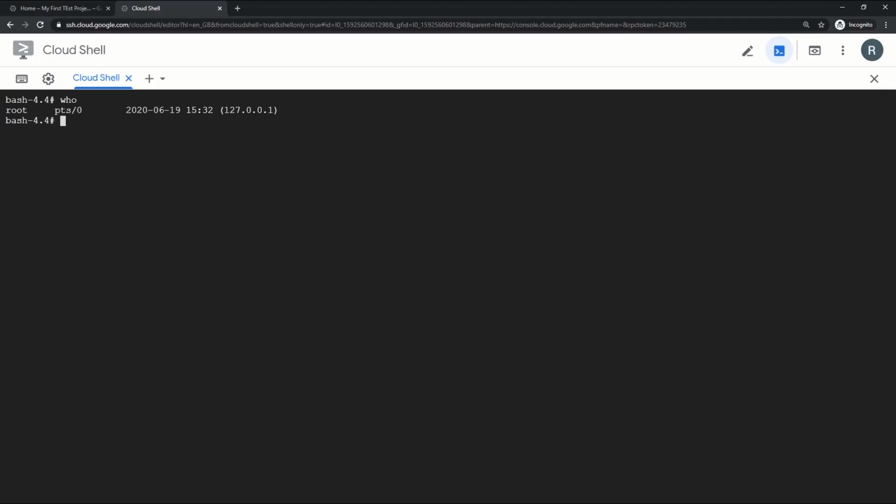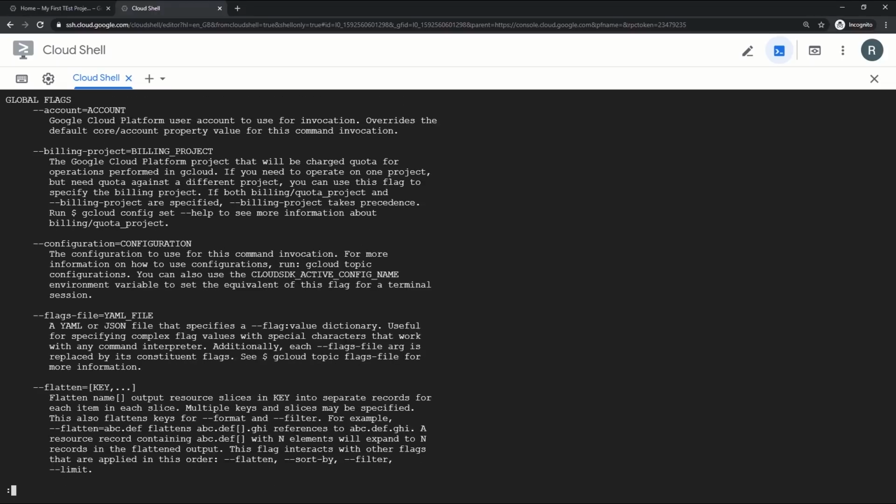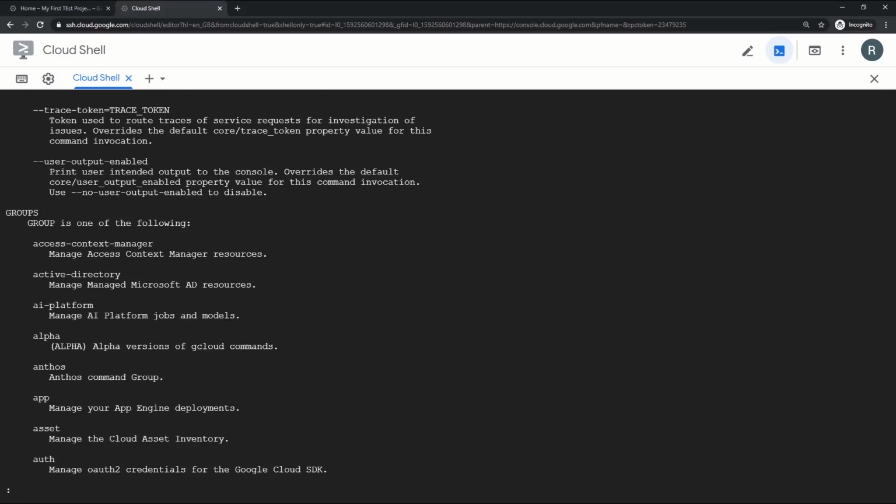Friends, gcloud is a very powerful thing and complete Linux scripting and Linux commands are applicable here. Along with that, it's built in with the gcloud function, which is the way to manage your Google Cloud account. So in Cloud Shell, gcloud is already there. You can run this command to explore all Google Cloud parameters, functions and options available. You can use them and explore them for your command line management. The list is very long and I hope it will be helpful for you.